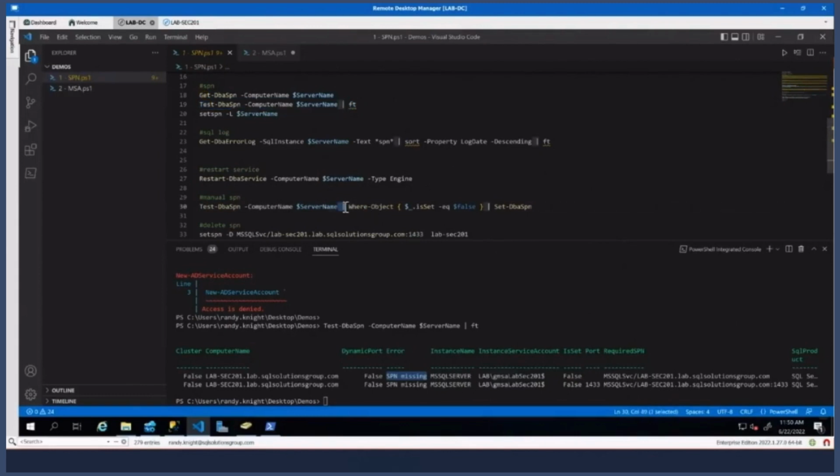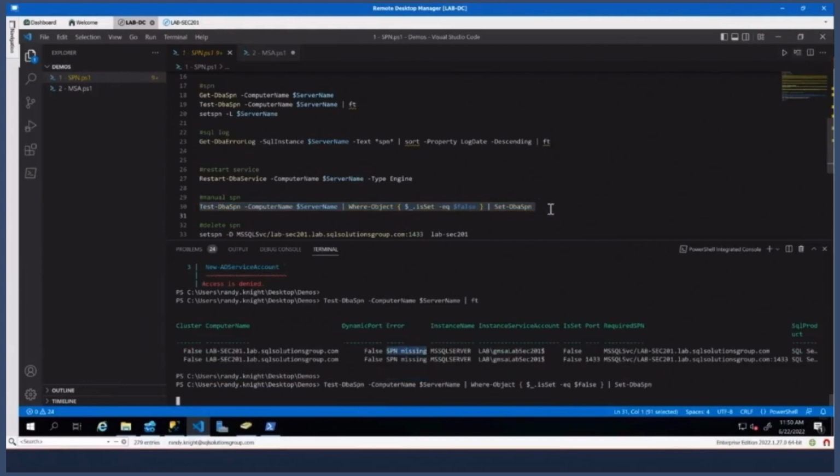Then I'm piping that to Where-Object IsSet equals false, right? That's this IsSet property. And then I'm passing that to Set-DbaSpn. I'm a domain admin in this lab domain, so I have the permissions to create SPNs. Whatever security context you run this under is going to have those permissions. But when I run that,